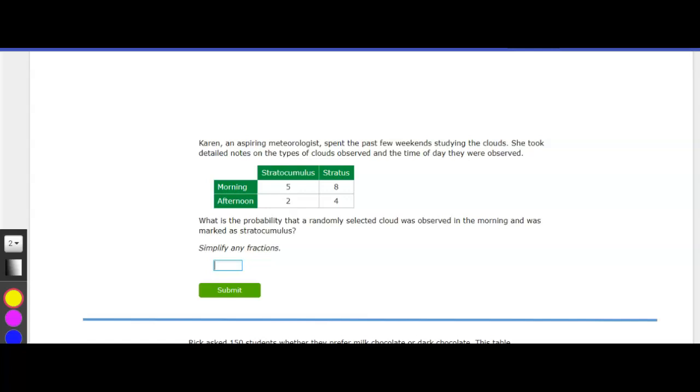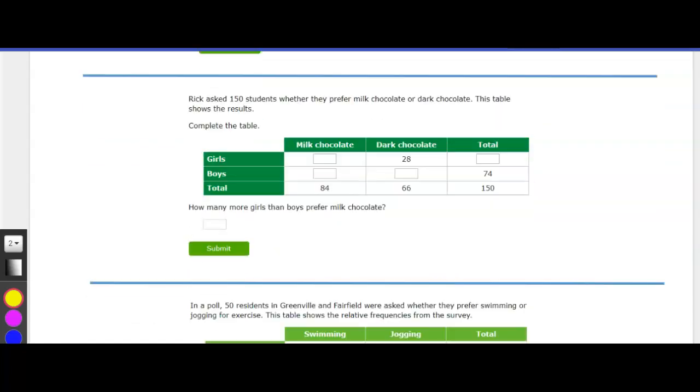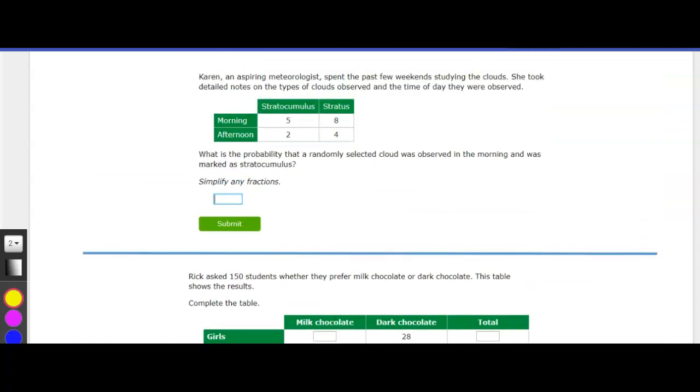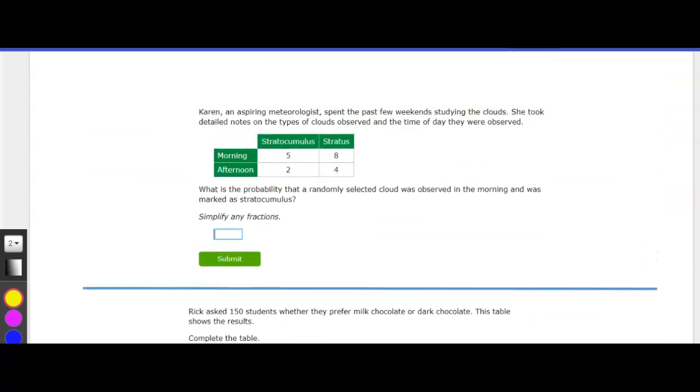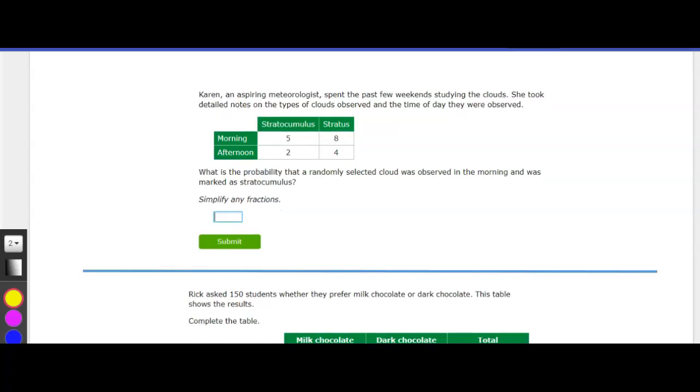But moving on, we're going to look at 3 different problems that you're going to see on IXL. Some start really easy. Some are a little bit harder, but we'll walk through them together. So we do know right here by looking at the keywords that it wants us to simplify any fractions that we might have. So probability, what is the probability that a randomly selected cloud was observed in the morning and was marked as